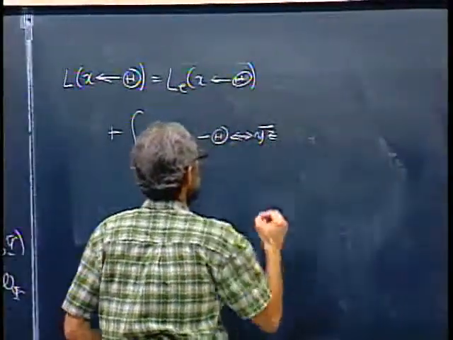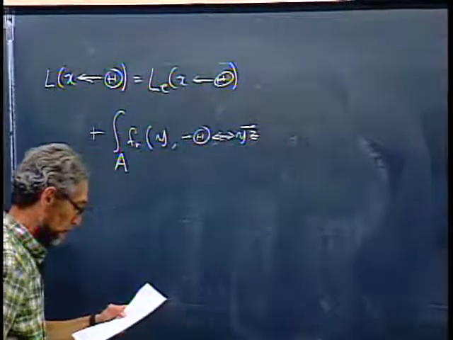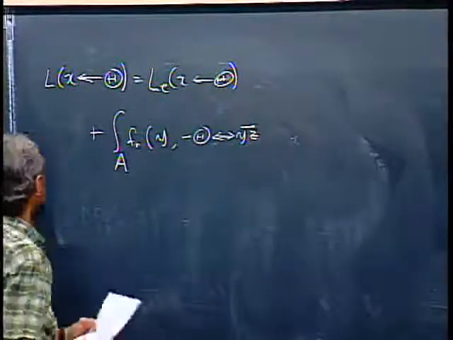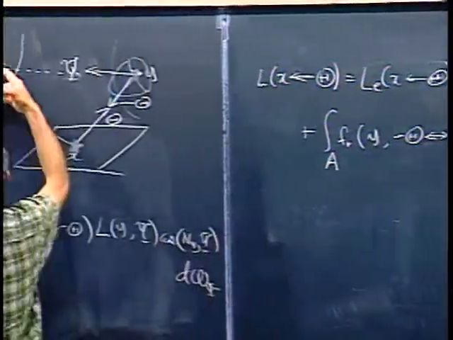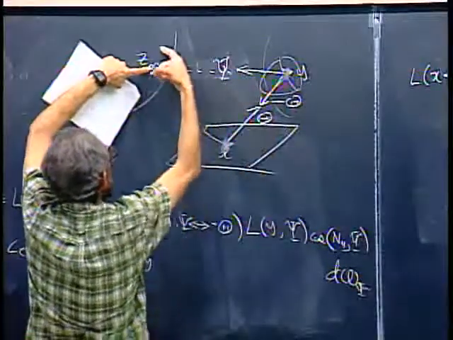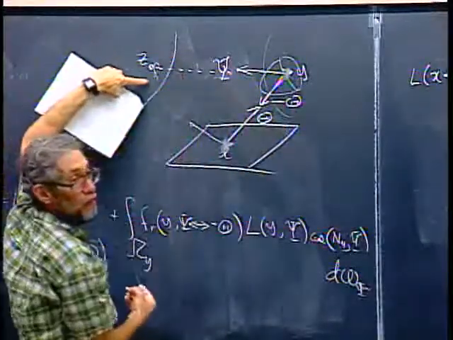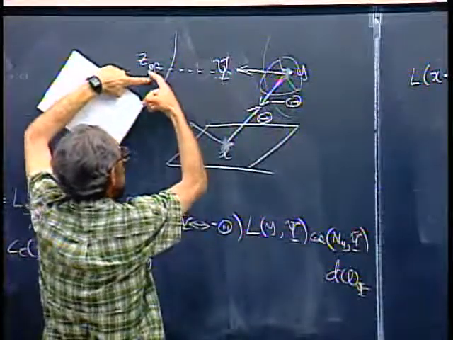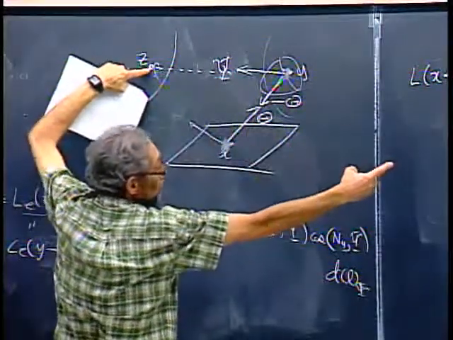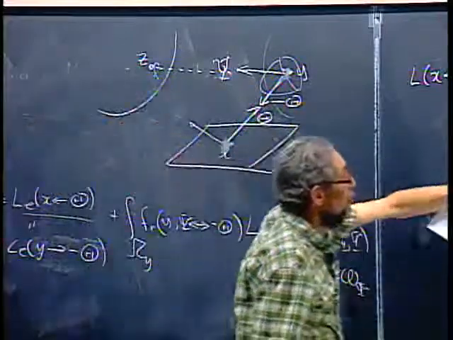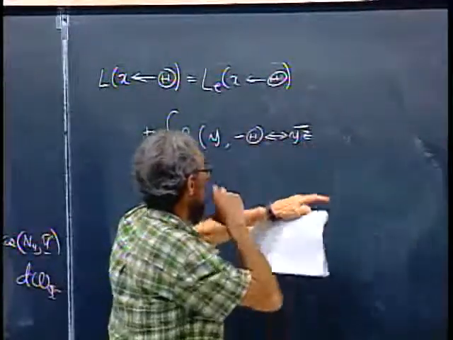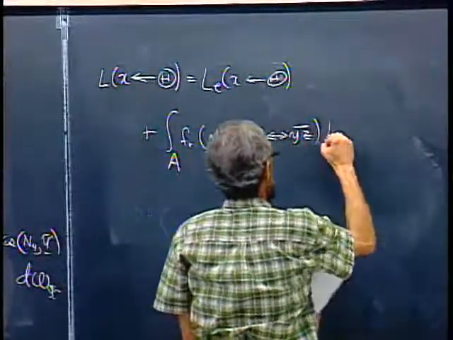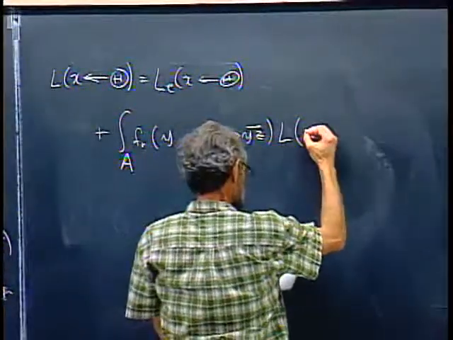So this just means the unit vector that goes from y to z. And that's because what we're doing is we're not choosing this direction, we're instead letting z vary over all these surfaces. And so that direction in terms of this z is the direction of the unit vector that would start at y and go to z and then be normalized. And now we have the radiance at